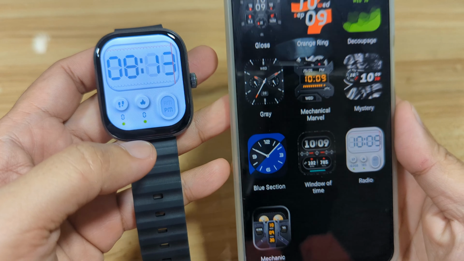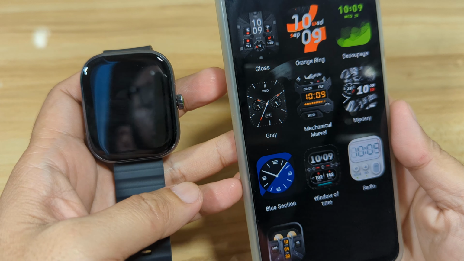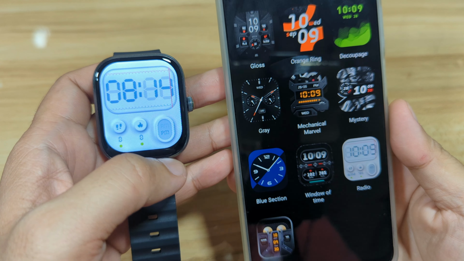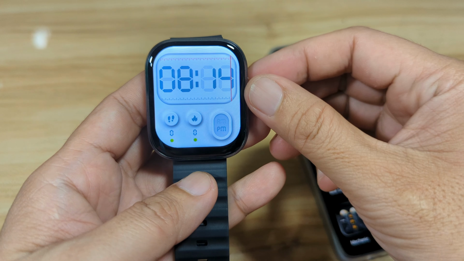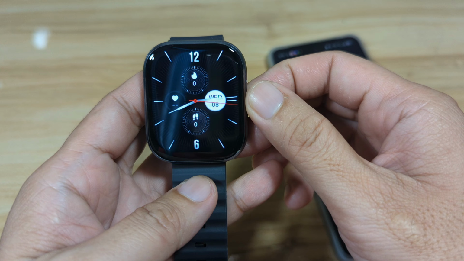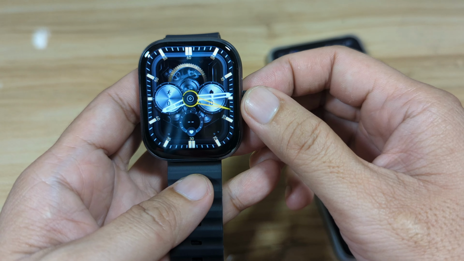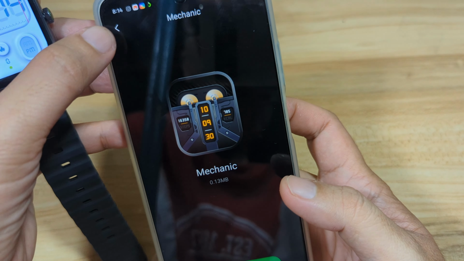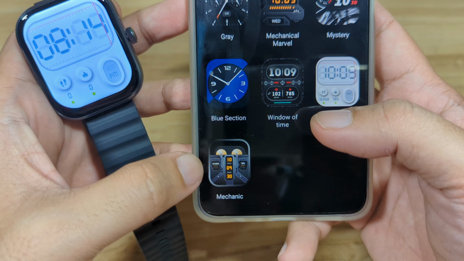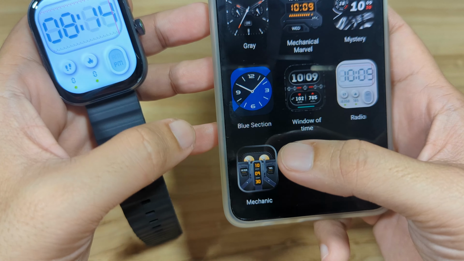Let's wait. And we have here the downloaded watch face. Again, let's count. We have 1, 2, 3, 4, 5, 6, 7. We have at least 7 watch faces now. Then let's have another one. Let's go with the mechanic here.